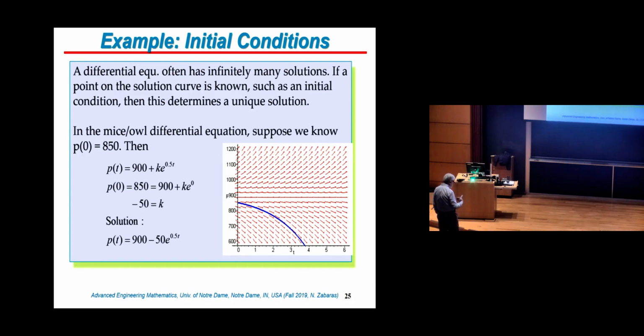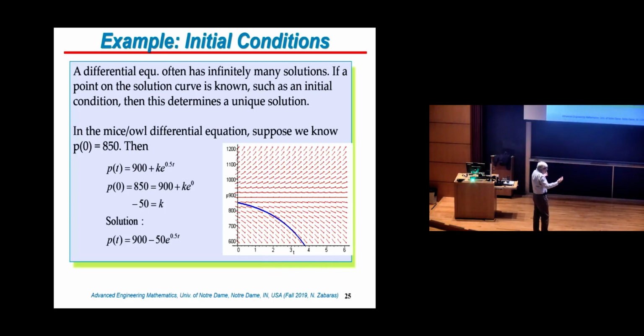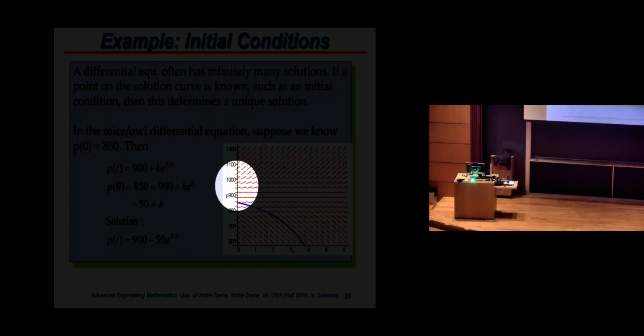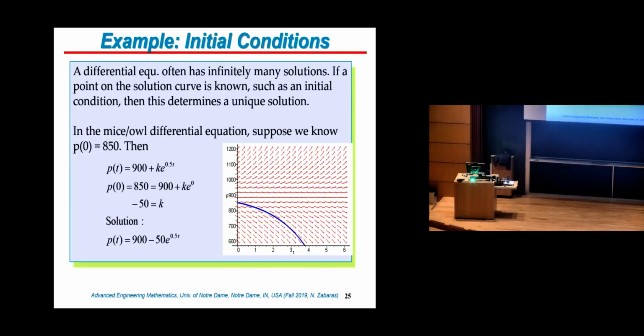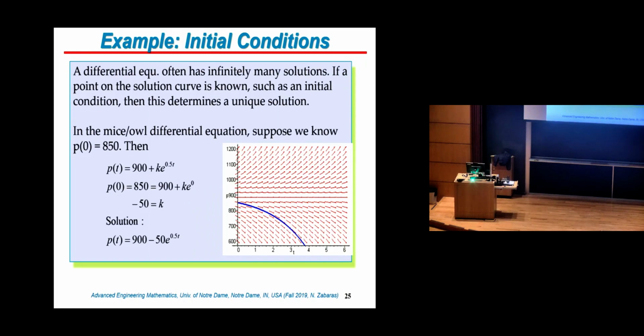The idea here is that the direction field is much more important information than one solution. If you plot this solution, fine, but it doesn't tell me the whole class of solutions that I may be interested in, depending on different initial conditions. But this direction field tells me everything. If I start with a population of 1100 at time 0, it tells me it will grow exponentially. It tells me that there is an equilibrium state. If you only plot this blue line, how does that help me? You're solving one problem. I want to solve a whole class of problems.